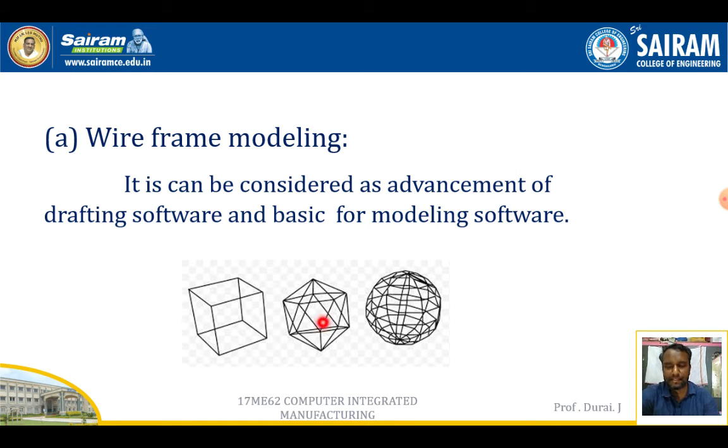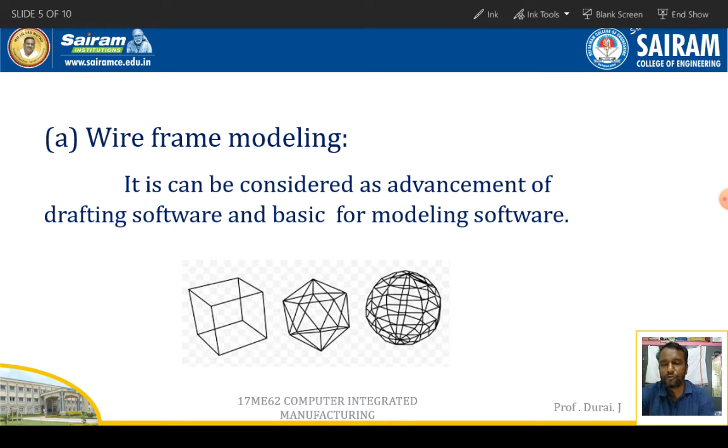If you see the second one, wherever the triangles are, whether they are in the front or back, it will be very difficult to identify. Even in the third object, it will be very difficult to identify. Like a meshing, it has to be done here. Which circle is where, identifying it will be very difficult in wireframe modeling, but it is easy to construct.